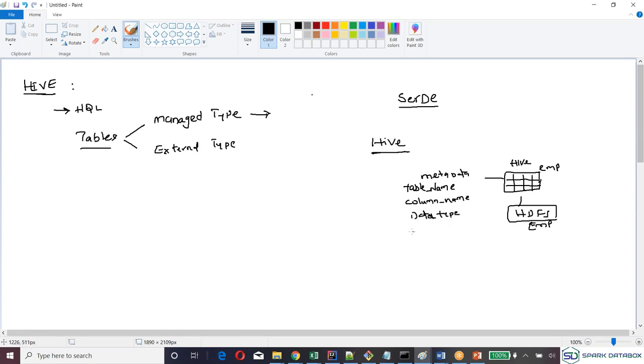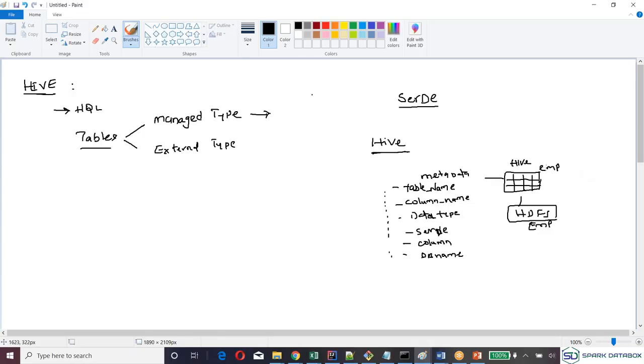As I told you before, if you are using any SerDe, and the column order: which column comes first, which column comes next, and all that order. And if you have a specific database name, and some other information, like who is the user who created it. These are all called metadata.